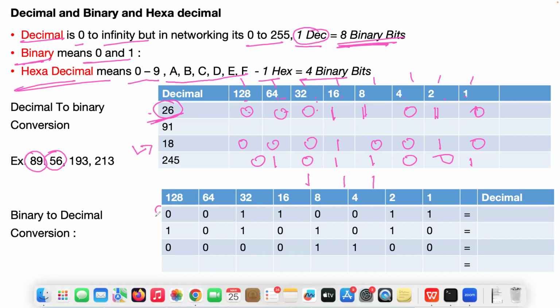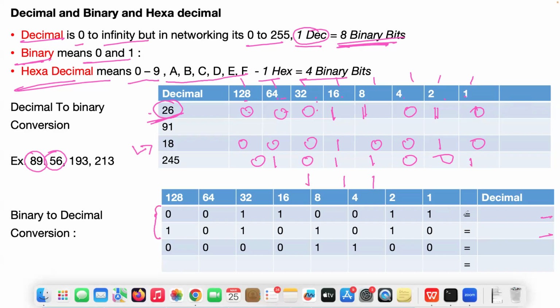In a similar way, can you convert binary to decimal also? The reverse. Do that and give me the answer. What will you get? 17?